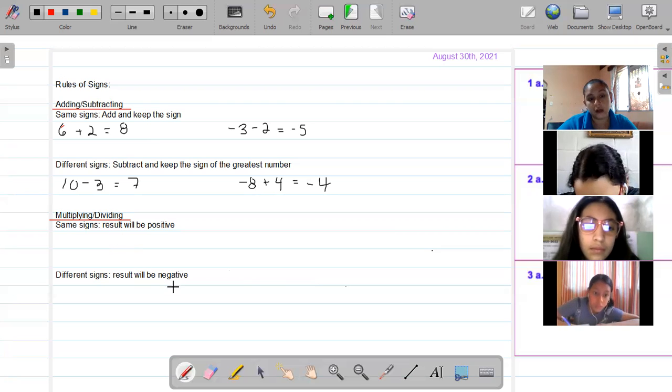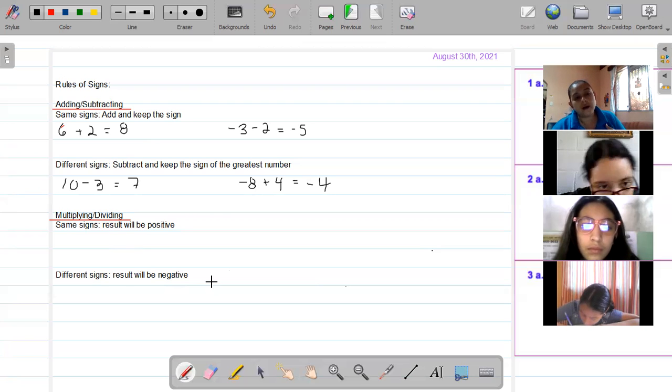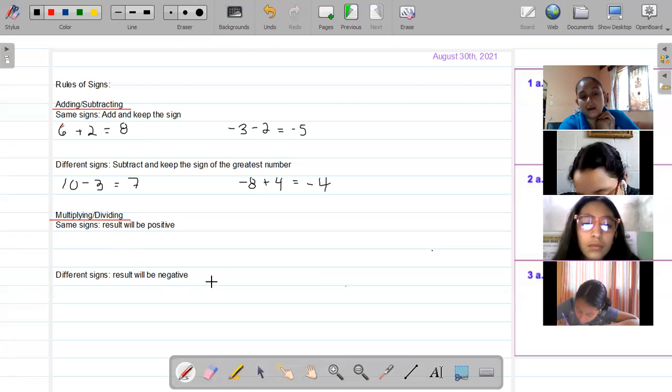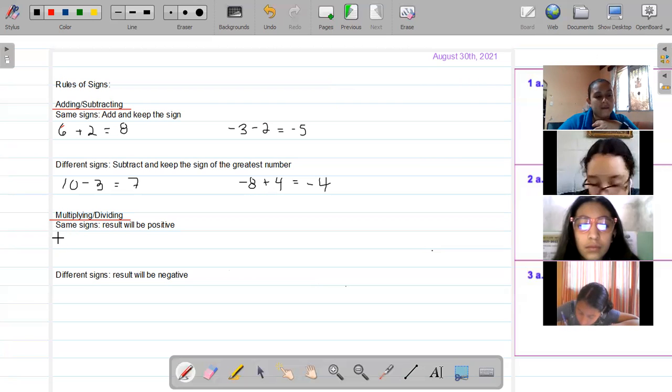Okay, that's what we're going to see right now. And in here, we're not talking about keeping signs or not. We're talking about results, okay? And they say same signs, the result will be positive. Also, they taught us this, half of it in elementary school. For example, if I say 4